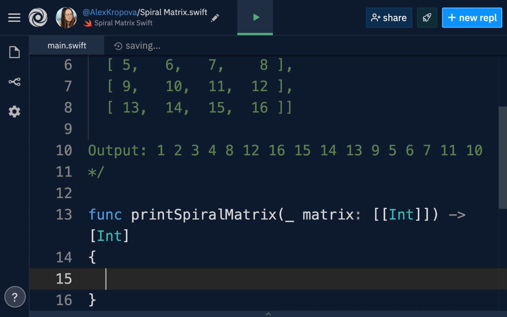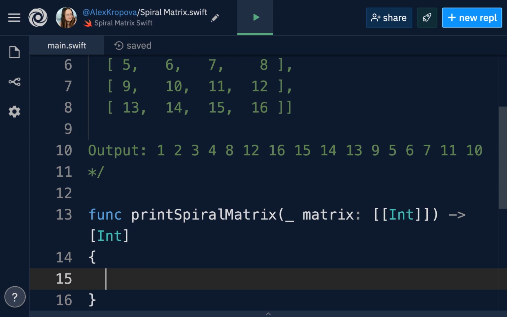And first we're going to check the edge case. The edge case is if the matrix has no more values left. Well, in that case, we can go ahead and exit out of our loop. We can also consider that an edge case because if someone tried to input an empty matrix, we have to account for that.